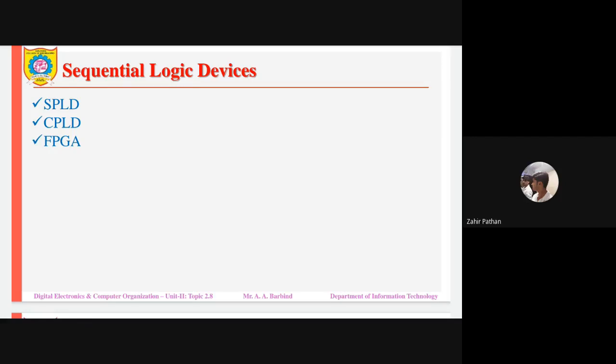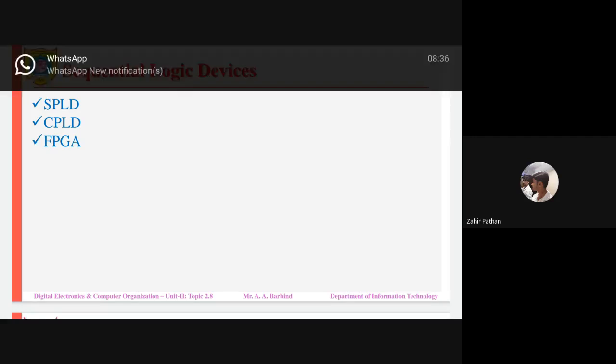Now, what are these programmable devices? For example, the first one is SPLD, that is simple programmable logic devices. Simply they are called PLDs, that is programmable logic devices, in the sense that these devices are programmable, means you can program these devices for a particular function.